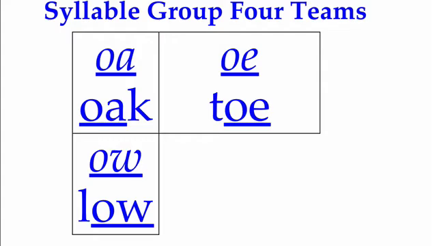Notice we underline teams to indicate that two letters join together. And for the first time here, you see W as part of the vowel team. So up until now, when you see W, it's always been a consonant, but as you can see with OW, it represents the sound O, as in the word low. Now later we'll learn OW can also represent another sound, ow, as in the word how, and we'll talk about that later in the program. But for now, when you see OW, underline it. It's a vowel group 4 team representing the long O sound.